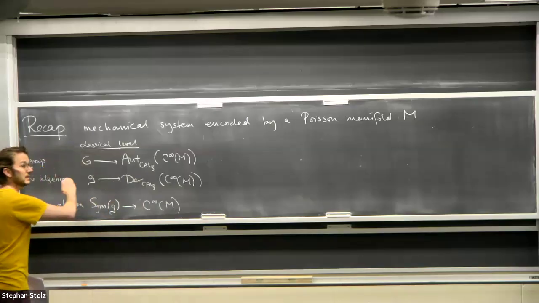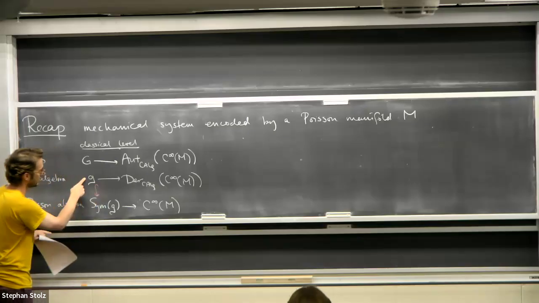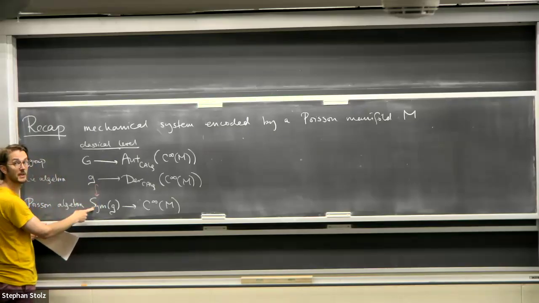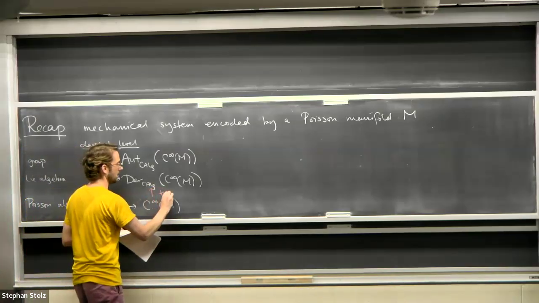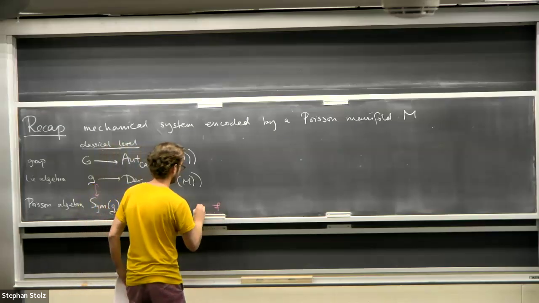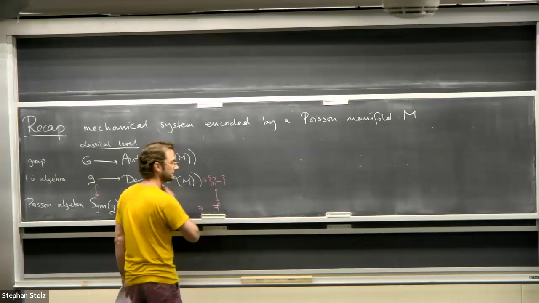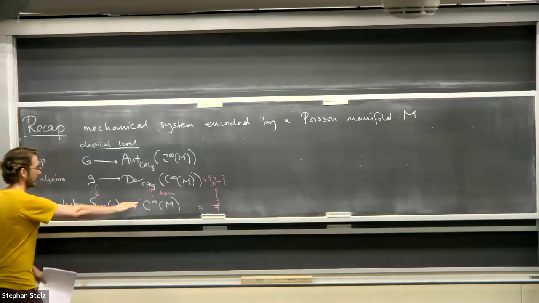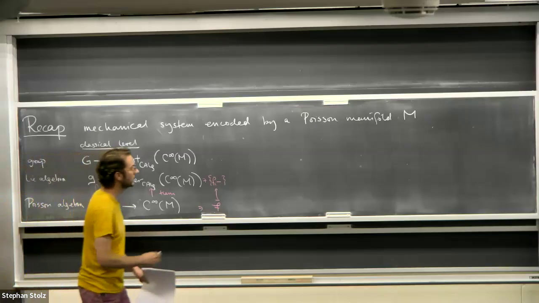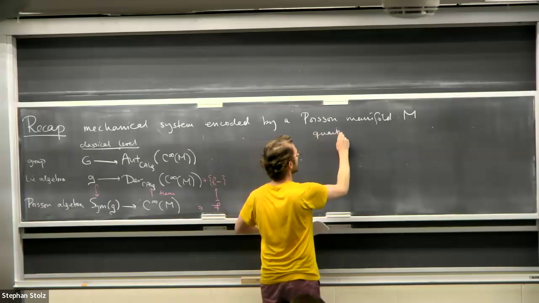And these two Lie algebraic levels were related. So there's obviously an inclusion of g into polynomials in g. That's what Sym g means. And we had this Hamiltonian map. So if I had some function in here, it went to the derivation, which was the Poisson bracket. Okay. So that was the classical level. We called this level, just to remind you of what the moment map does, the level of functions. There was also a quantum level.